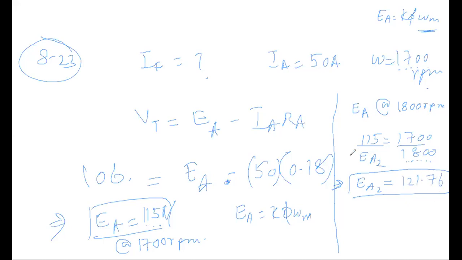121.76. Now we are going to go on the graph and read the corresponding field current value. Previously, we were doing it wrong because this value was not for 1800, and the graph we can only read off for 1800 RPM, not for 1700 RPM. So we draw the corresponding EA point on the 1800, which is 121.76. Now we can go to the graph, and 121.76 is somewhere here, and that corresponds to a field current of something like 4.1 or 4.2 amperes. Okay, so the answer to this part will be IF is about 4.1 amperes. Okay, so this is problem number